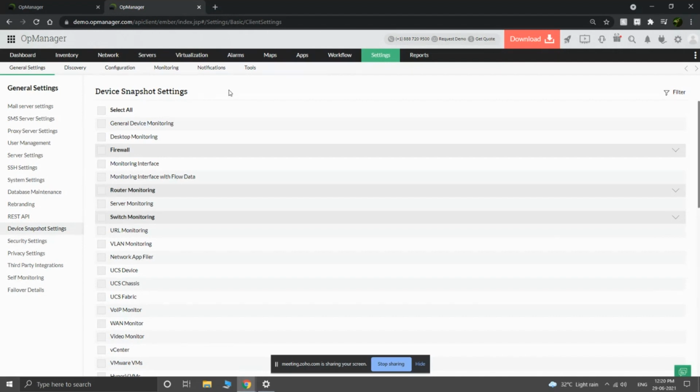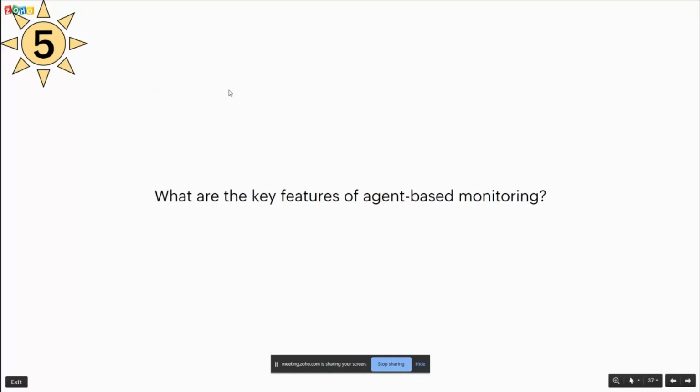Moving on to the next question, we talk about what the key features of agent-based monitoring are. We explained agent-based monitoring in the last webinar, so I'll give a quick glance of what this is. Agent-based monitoring is where OpManager sends an agent, which is less than 1 MB in size, to all those devices that you need to monitor, and that specific agent will communicate with the device and fetch information.